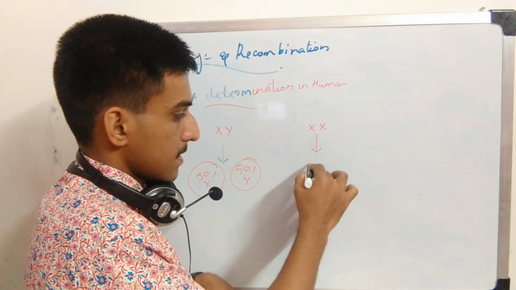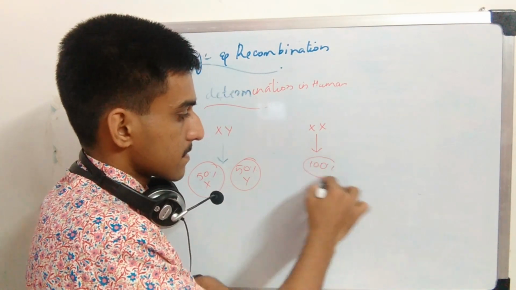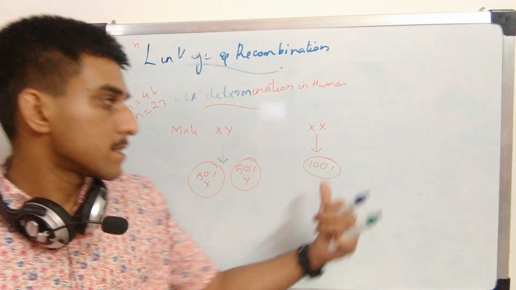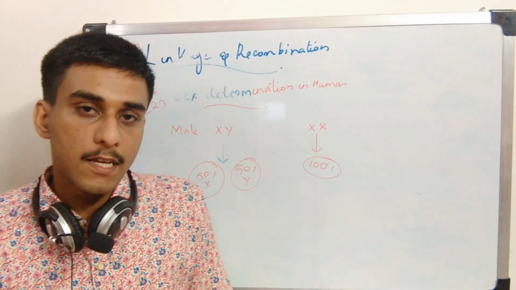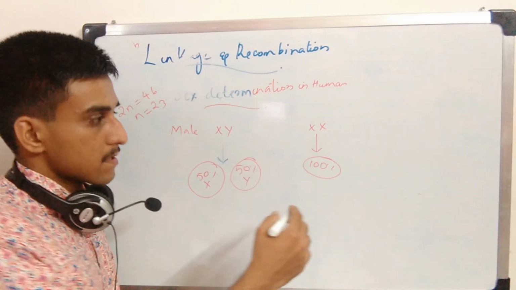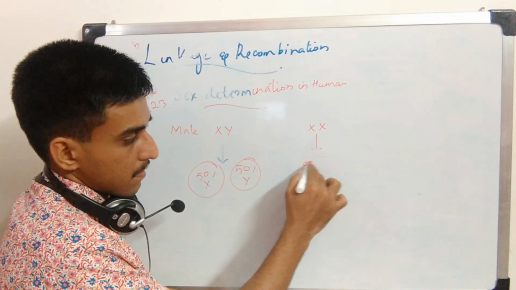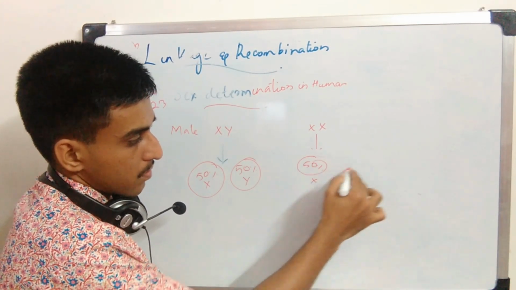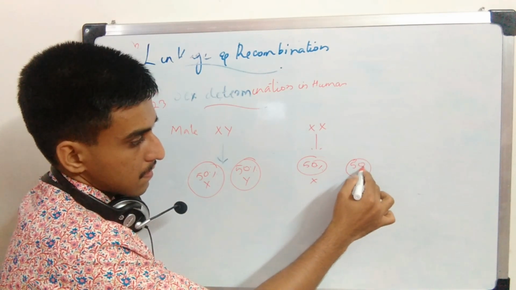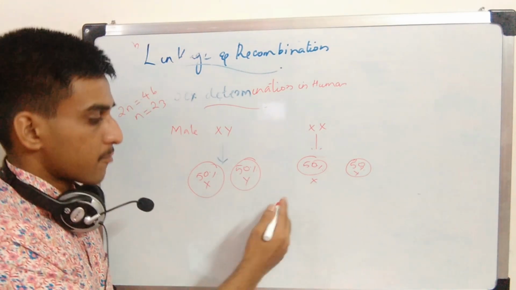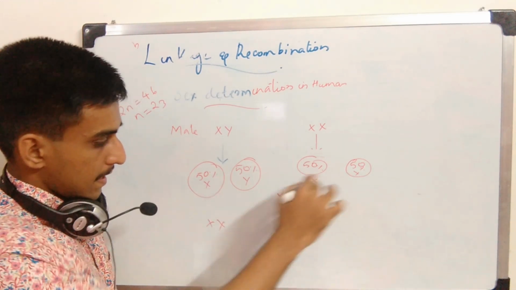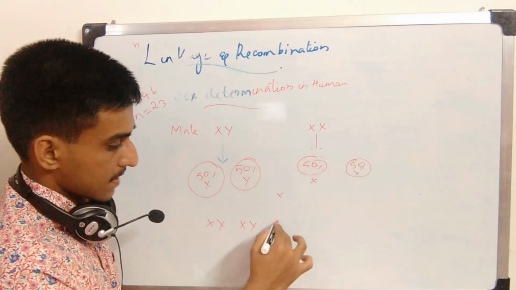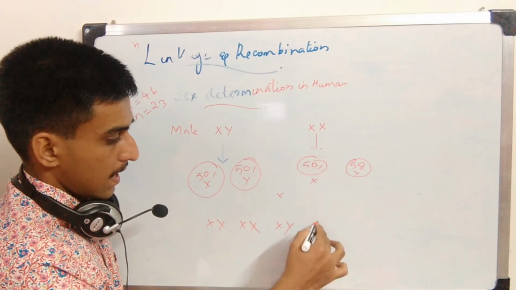Here, what will be the condition? Here 100% will be forming X, which means 100% of the eggs from the female will carry X. I am writing it as X because we are going to fuse it. So after fusion, we will be getting XX, XX, XY and XY,